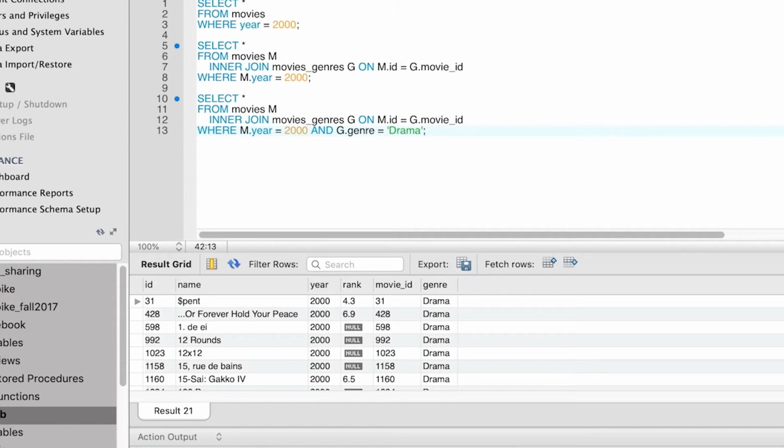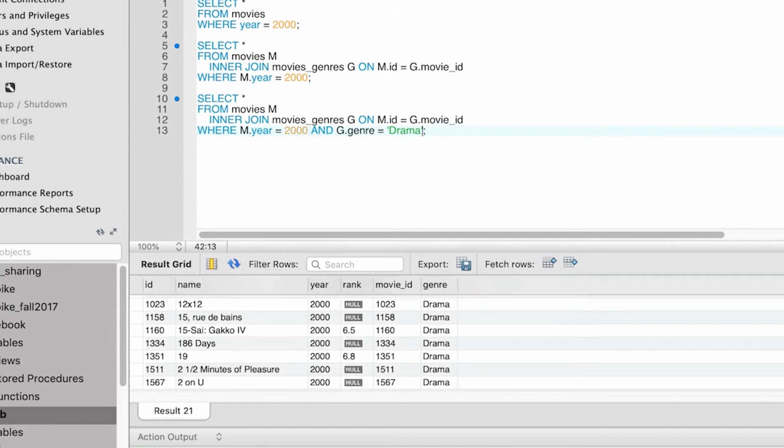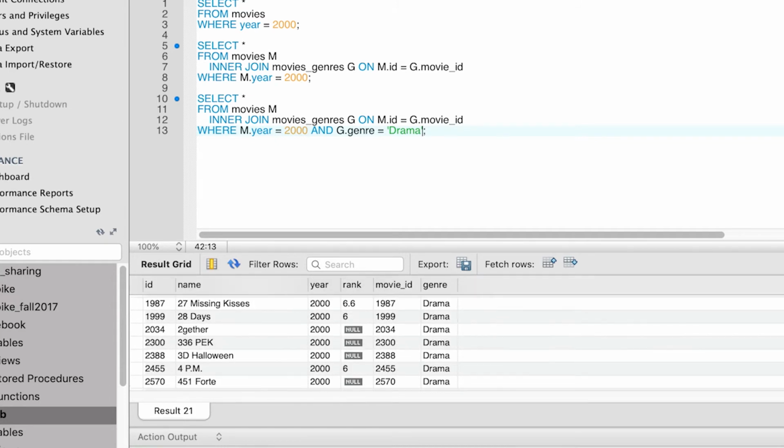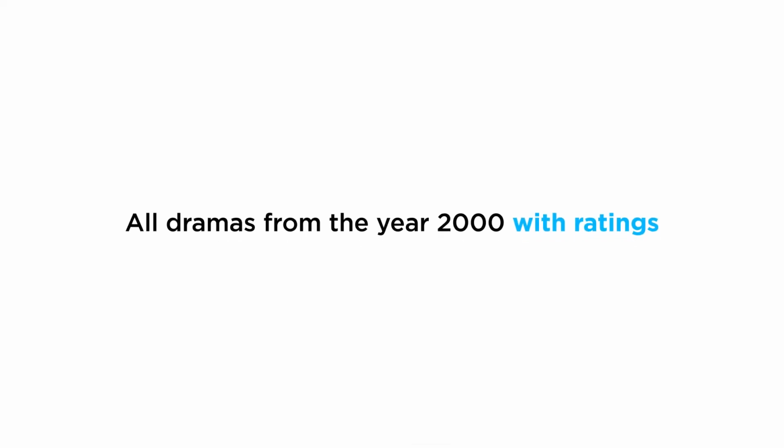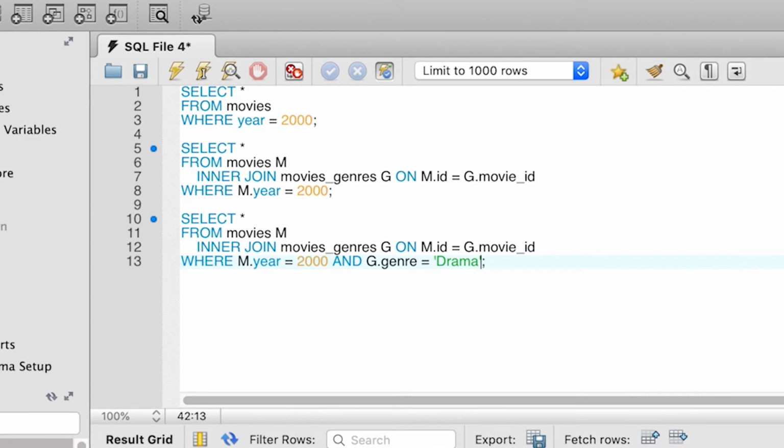You will see that we have different movies, and you will notice that some of them don't really have a value in the rank column. Instead, they have null values. We want to limit the results to be only movies that have a rating. So how can we do that? This is an additional condition that we're going to put in the where clause. We keep the current conditions, year is 2000, genre is drama, and we want the rank column to have a non-null rating. How do we do that? Well, we add and m.rank is not null.